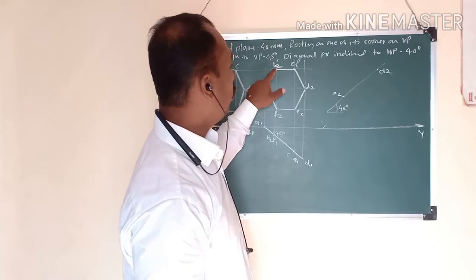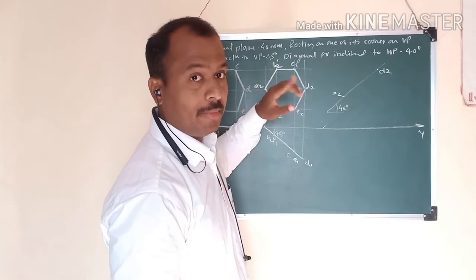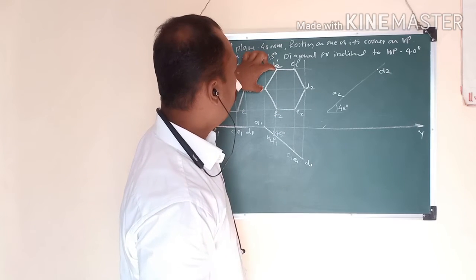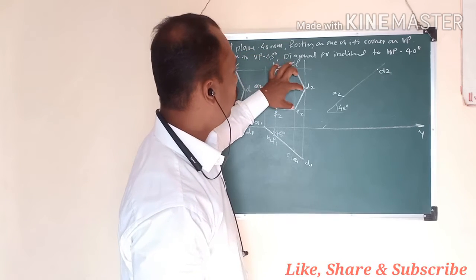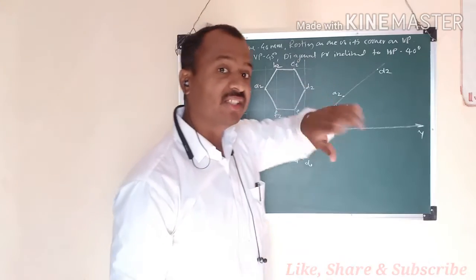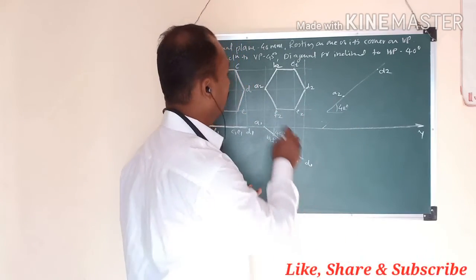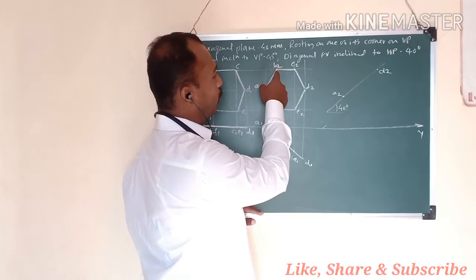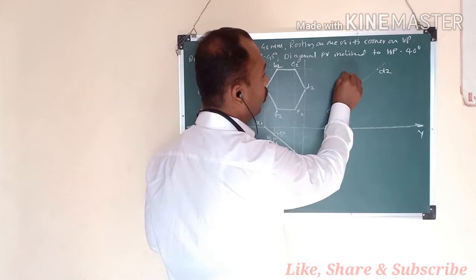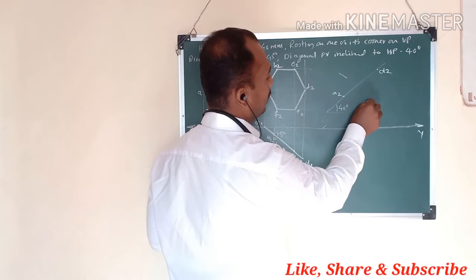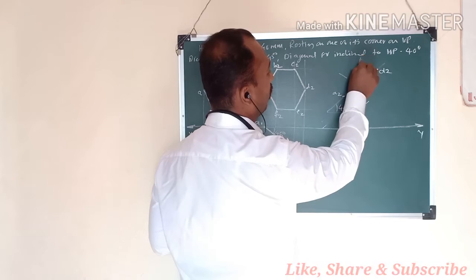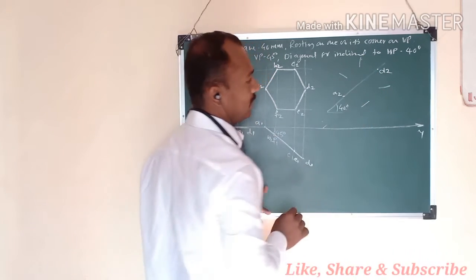Then take A2 to B2 distance in compass. Now do you remember? ध्यान में रखिए. A2 to B2, A2 to F2, E2 to D2 and D2 to C2. All these distances are same. ये चारों distance same रहते हैं. That's why take A2 to B2 distance in compass. Put point on A2. Draw arc on this side. Put point on D2. Draw arc on this side and this side like this.